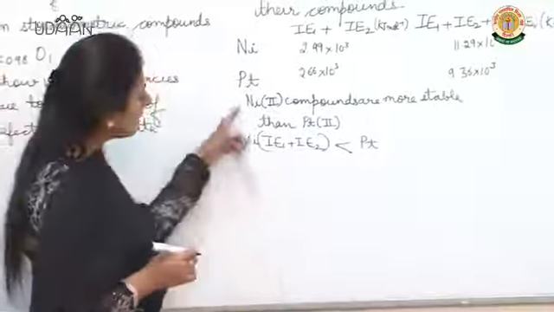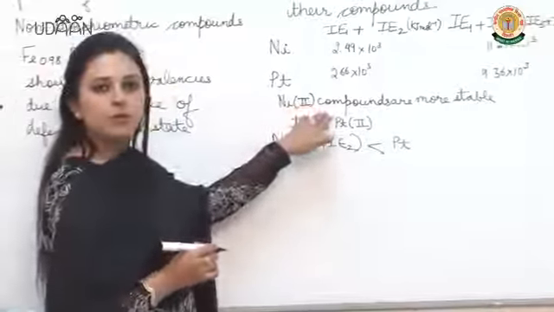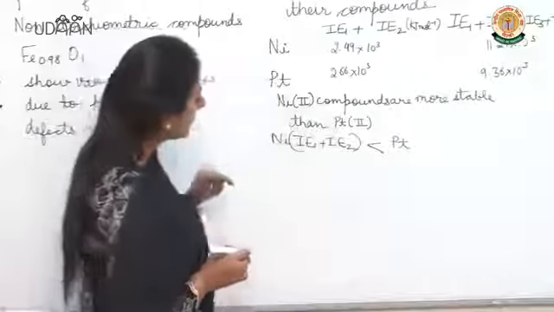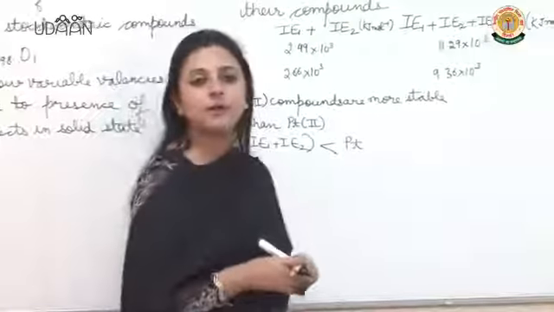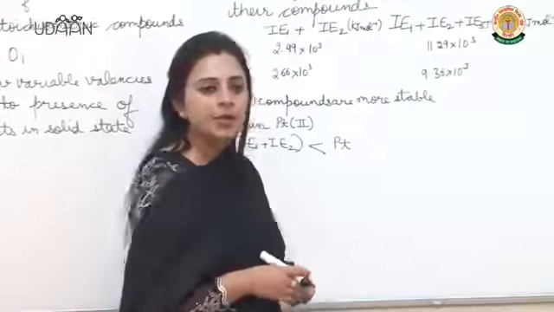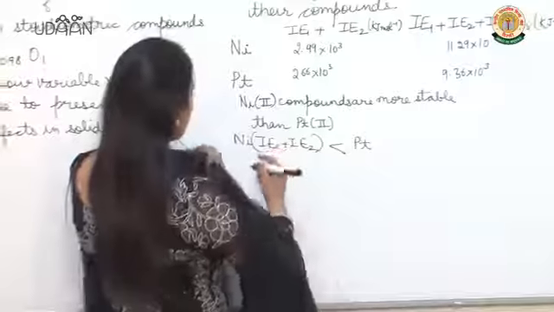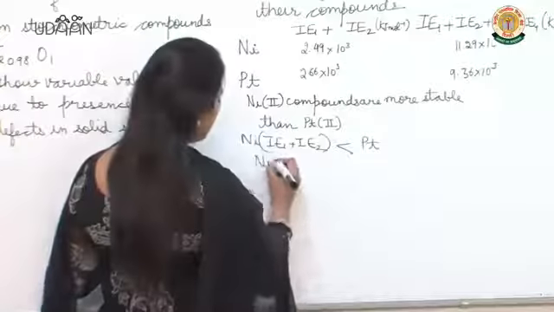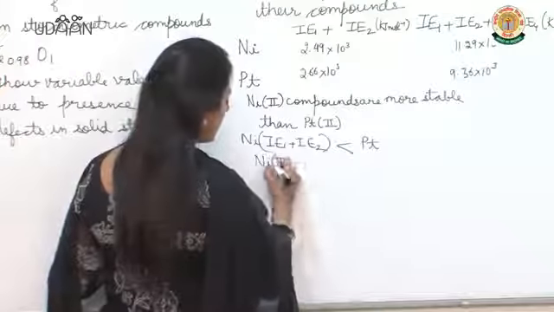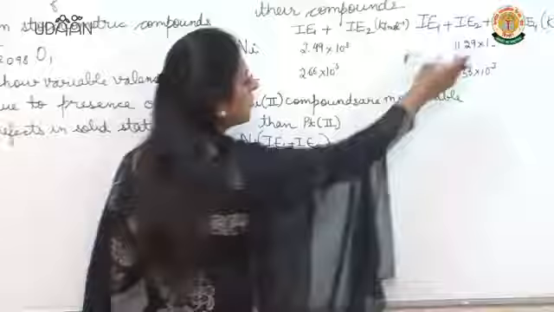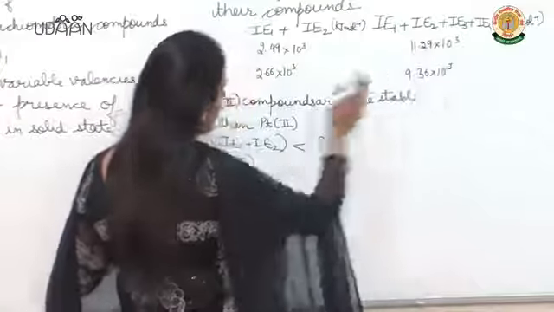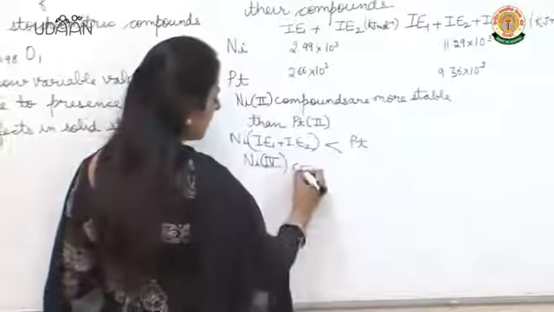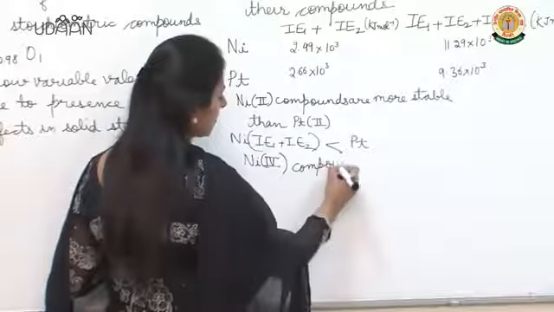Therefore, thermodynamically these compounds would be more stable. Now let us compare the +4 oxidation state for nickel and platinum. If we look at the +4 oxidation state, for nickel 4 the sum of the first 4 ionization enthalpies is much higher as compared to platinum 4. Therefore, nickel 4 compounds are